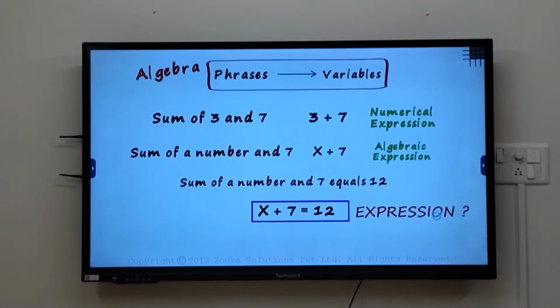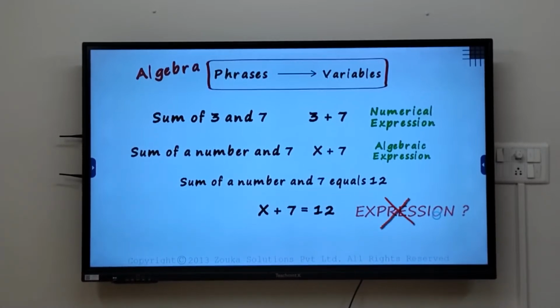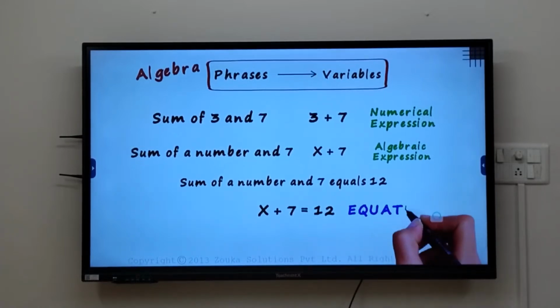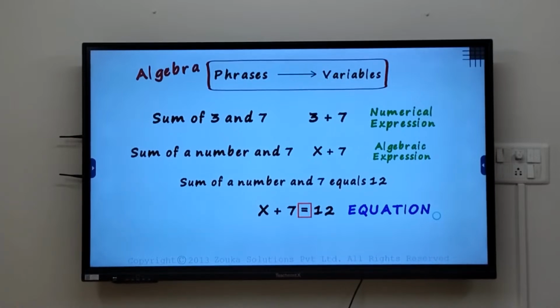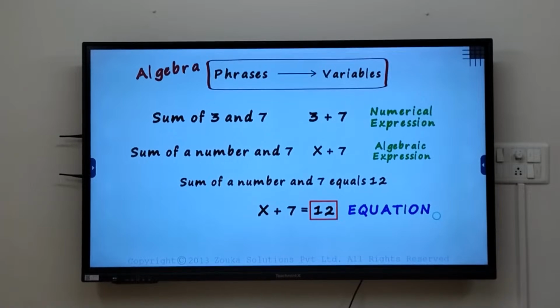Is this an expression? No, that's not the case. This is called an equation since it has an equal to sign. It's called so because we are equating two sides, the left hand side and the right hand side. What are the different parts of an equation? This is called the variable